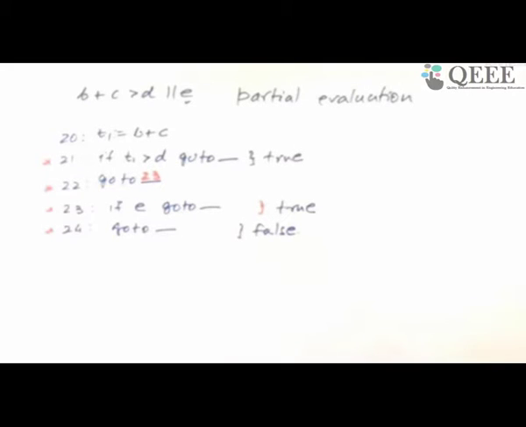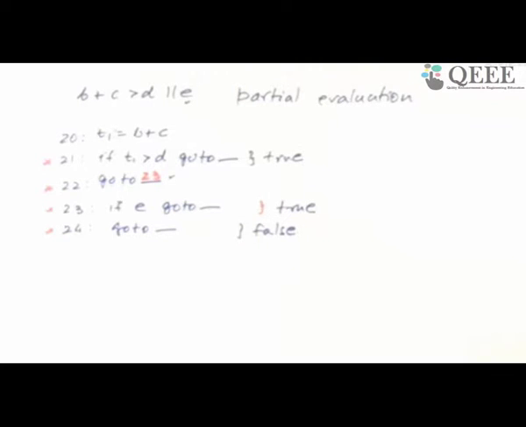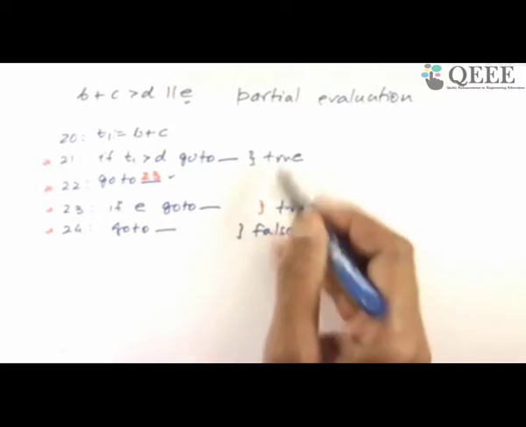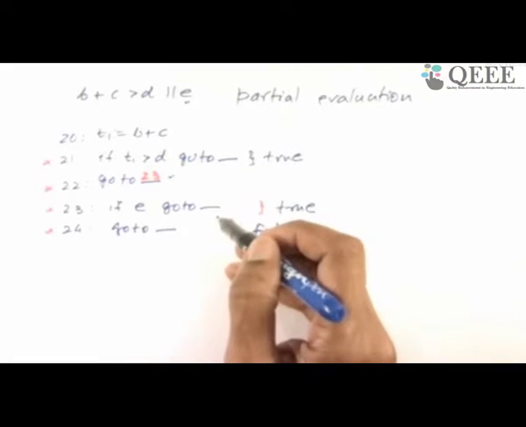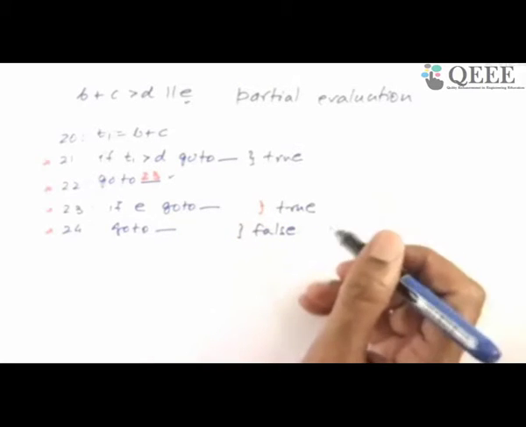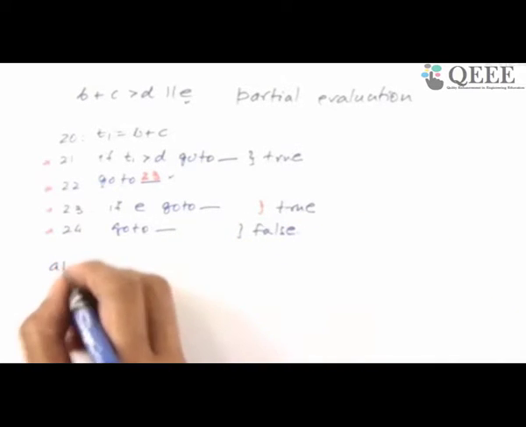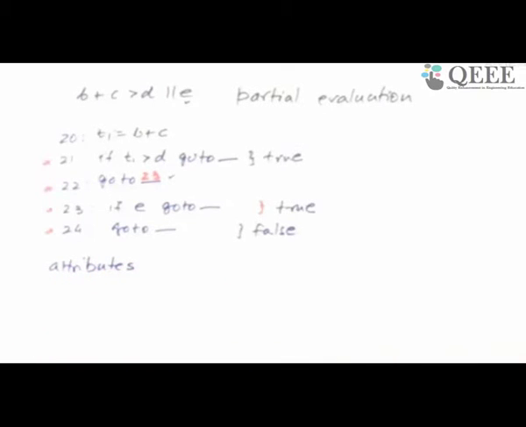So I want to remember this. However, I have already resolved this. This I don't have to worry about. There are 3 incomplete destinations. At 2 of these, the expression turns out to be true, and at one of them the expression is false. So what do we do during semantic analysis? We create attributes. In my notes as well as in Aho, Sethi, Ullman's book, they use attributes similar to what I am doing.